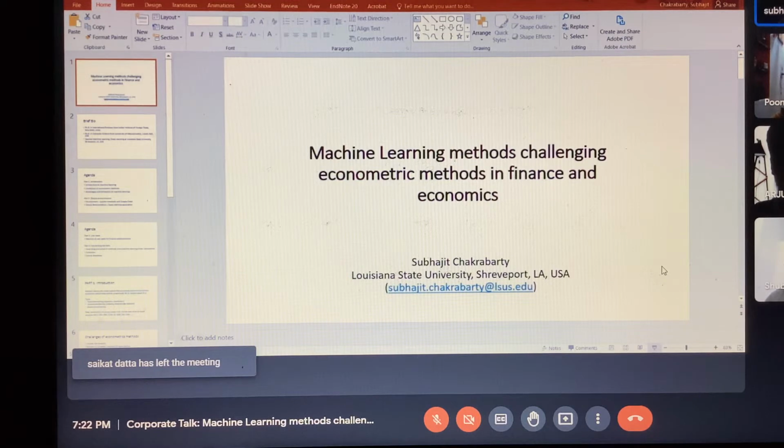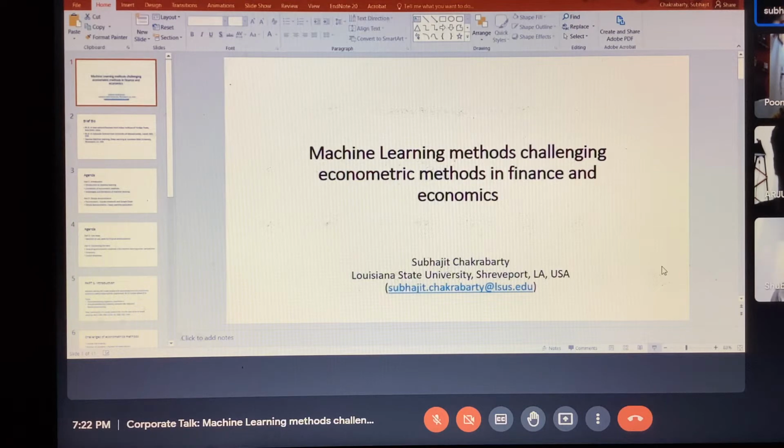So therefore it is unsupervised because you don't know the ground truth. And the third is reinforcement learning. In reinforcement learning, think about it as a robot trying to figure its way through a maze. So there will be walls and it's trying to figure out. Or think about a vacuum cleaner which is automatic. The vacuum cleaner figures out where to go. You don't have to drive it.